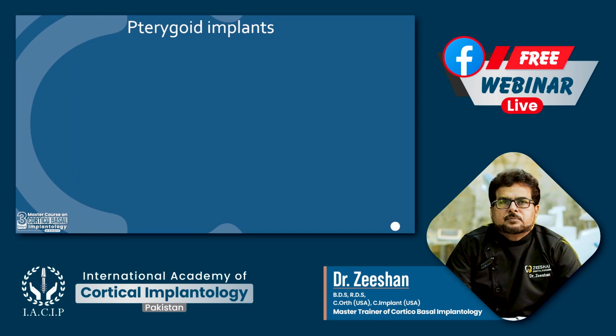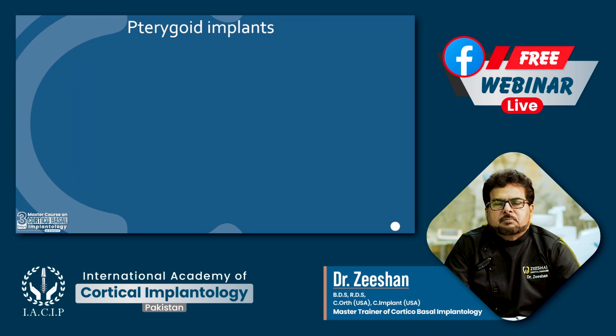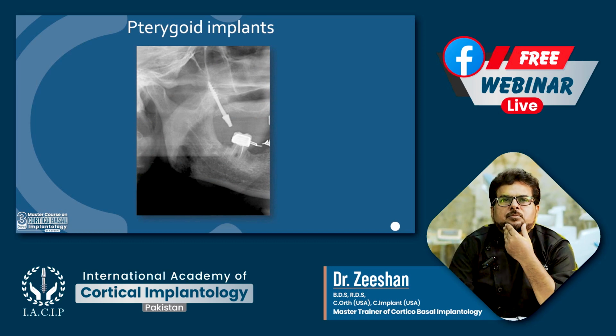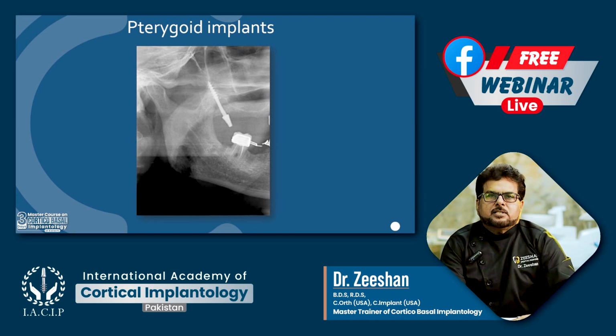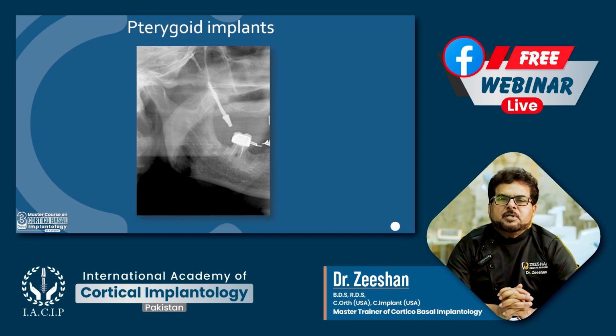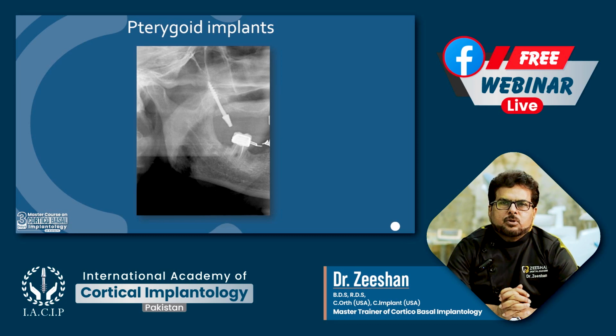I have placed a slide for you guys. That's a pterygoid implant. For example, we are using the distal maxilla, and for using that distal maxilla, we are choosing the pterygoid plates, the fusion zone of medial and lateral pterygoid. So placing that pterygoid implant, it has to be at an angle, it can't be vertical. As you can see in the slide, it's placed so angular,